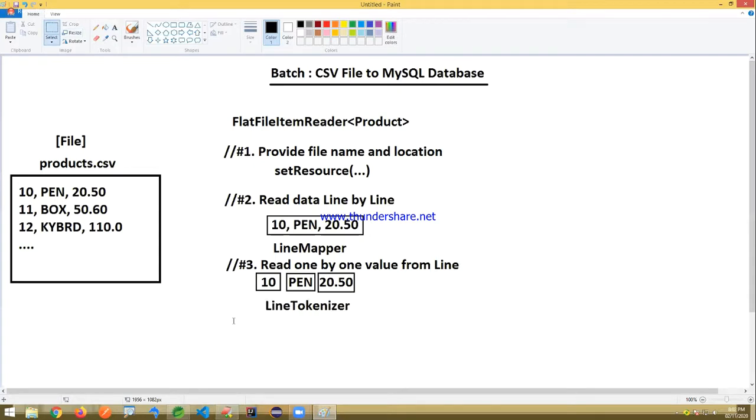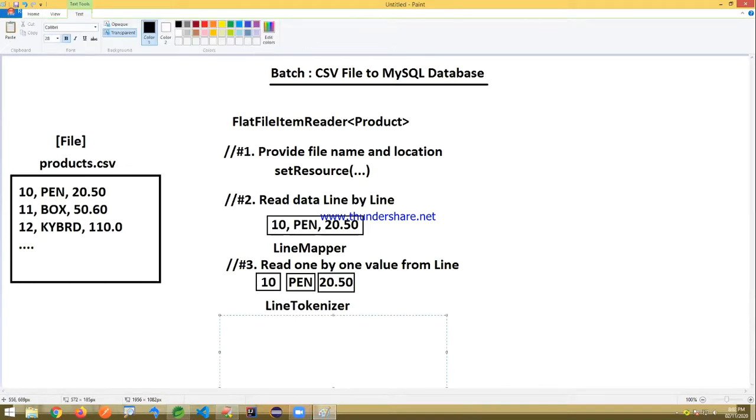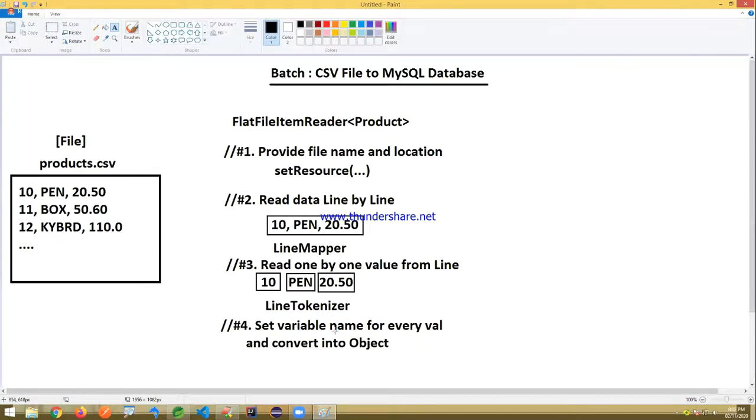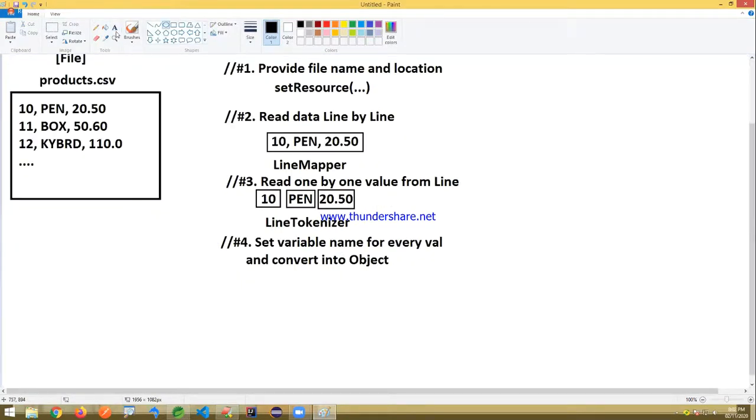Finally, for every value, set the variable name and convert into an object.